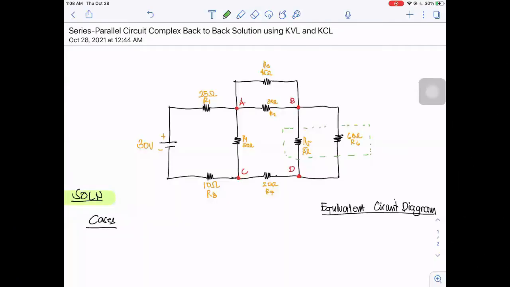Okay, so in this video, we are going to learn about series and parallel circuits. This is a step-by-step solution from a complex circuit to a simple single equivalent circuit. We are going to use KCL and also KVL. In this video, we have these circuits, and the first thing to do is we need